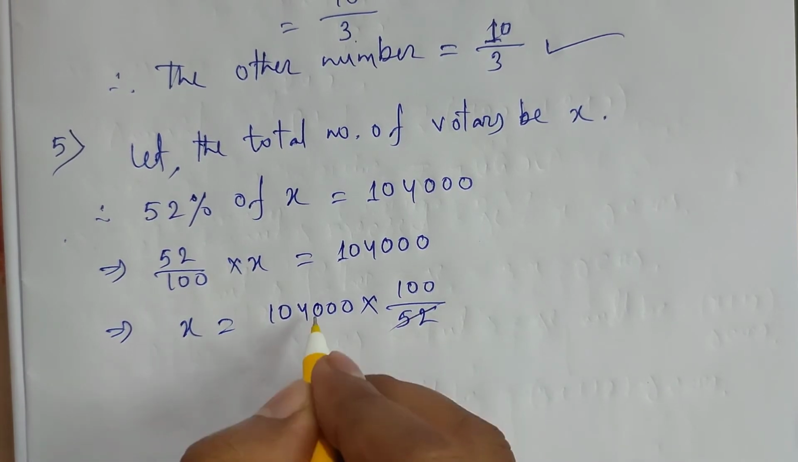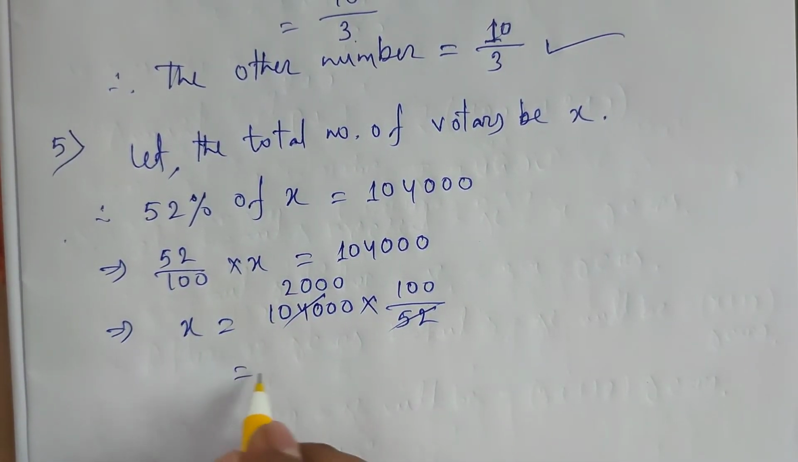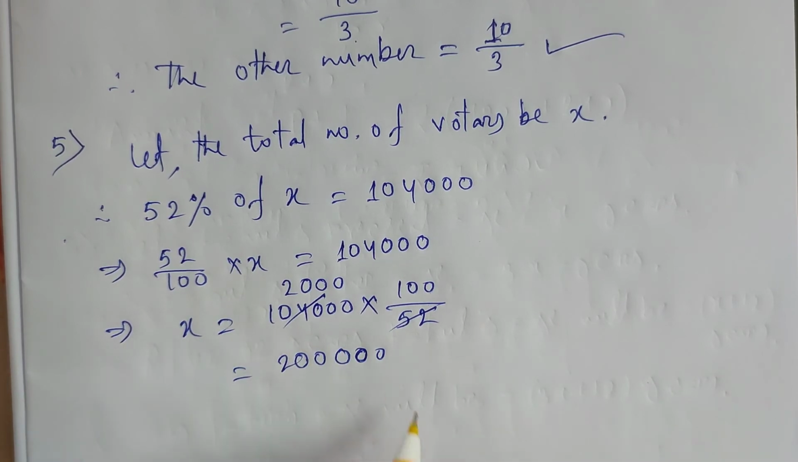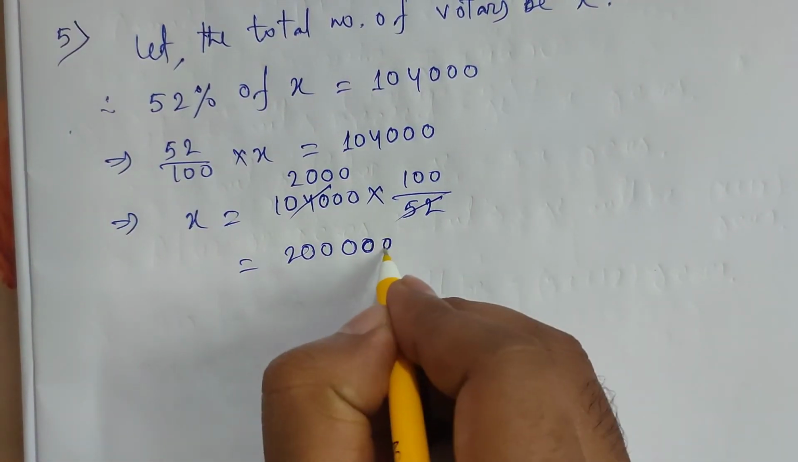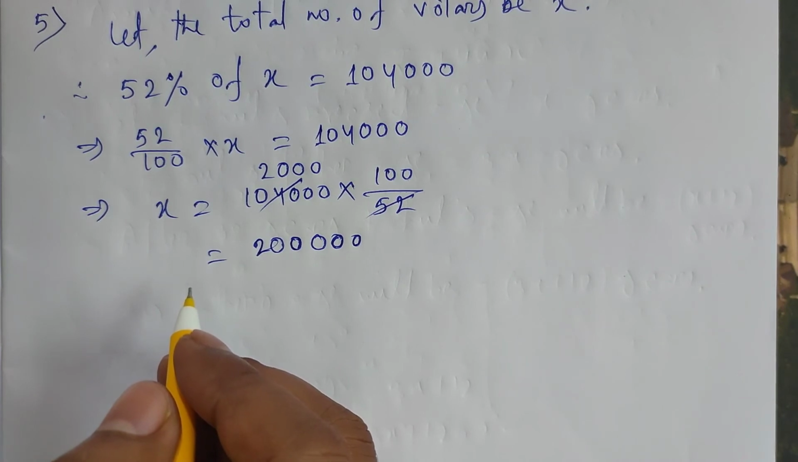Now we are cutting this, so it will be 2 and 2,000, then it will be total 2 lakh. So total number of voters is here 2 lakh. And now just follow, the winning candidate got 52% vote and the other candidate got 28%, and the rest person,